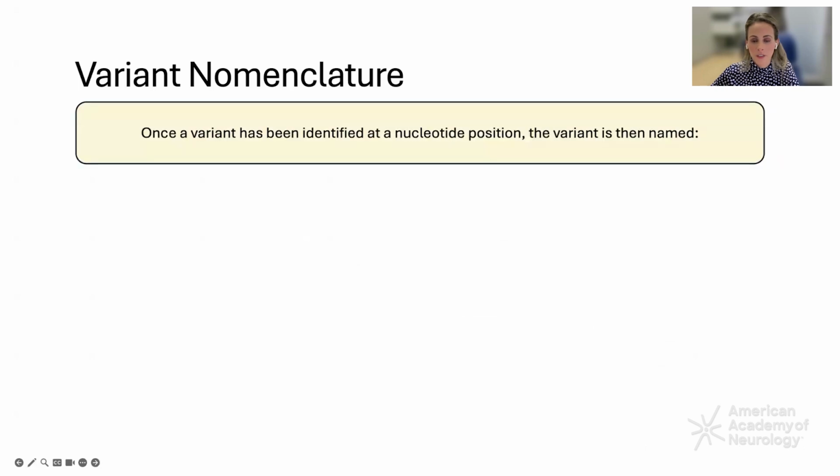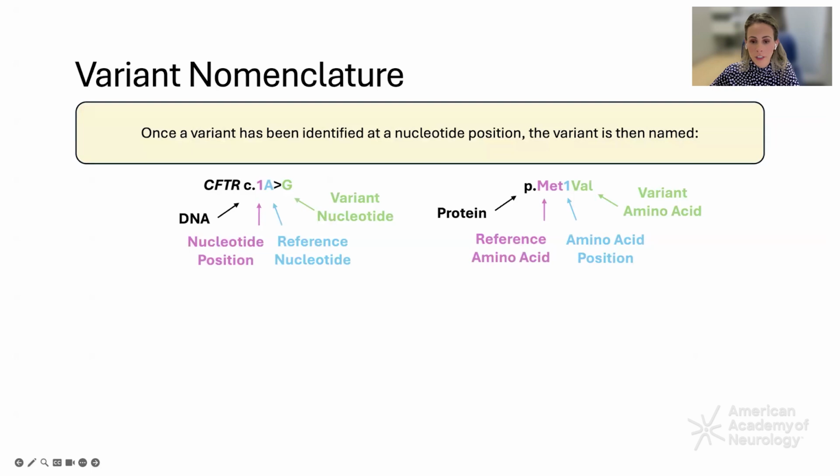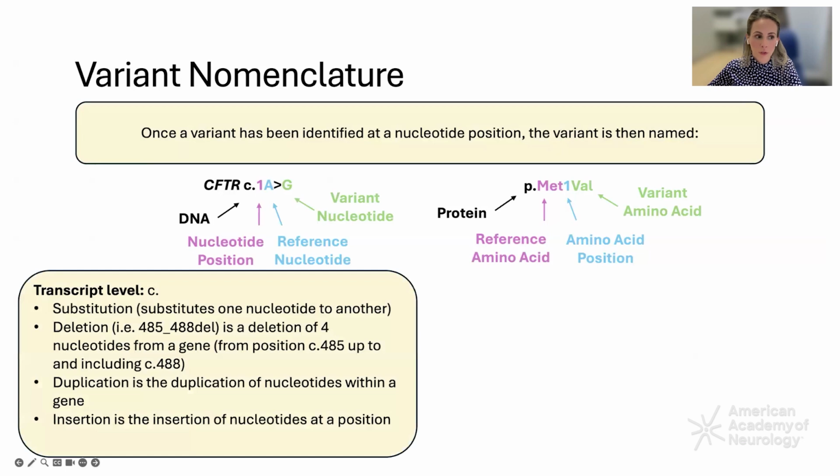Once a variant has been identified in a nucleotide position, the variant is named, and variants in a gene are named based on the transcript and the protein location. The protein level variant nomenclature, which is the amino acid residue that's affected by the underlying nucleotide level change, is used to describe the predicted effect of a variant on a protein. So transcript level changes